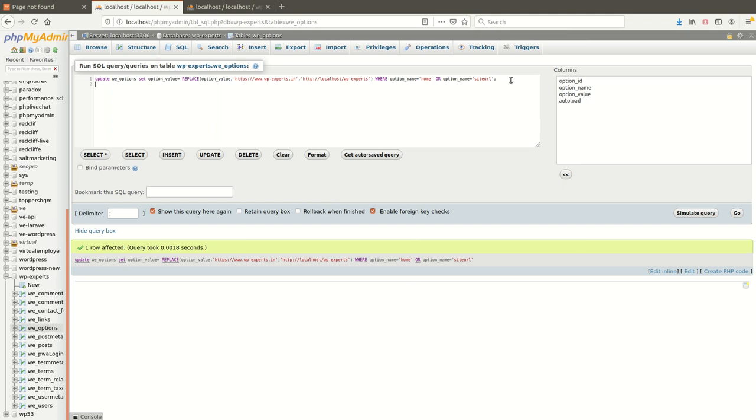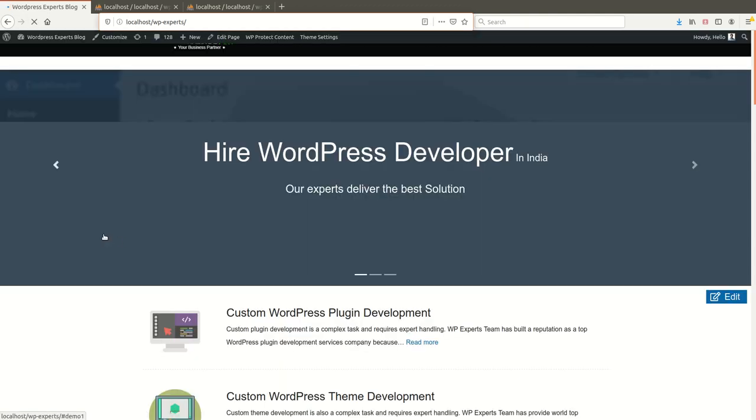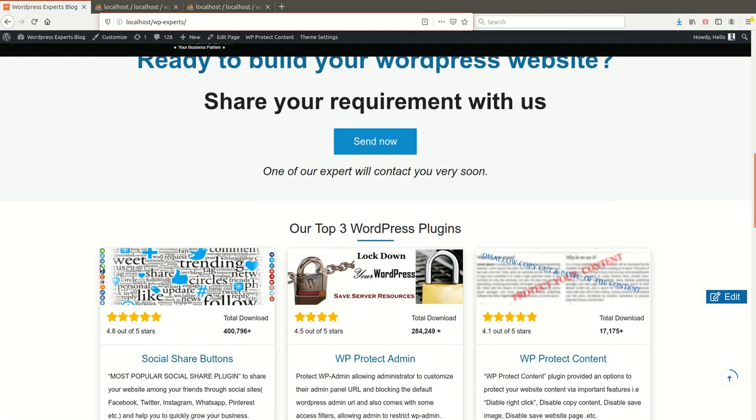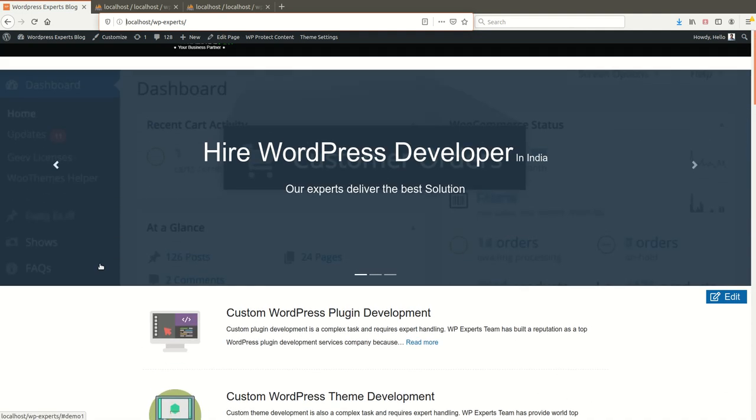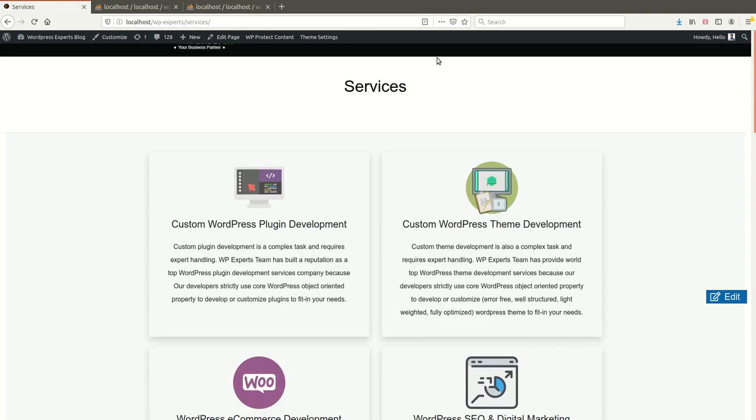Okay, so now you can see the 404 is removed here. Yeah, the 404 is gone. But still the inner pages are not working here. Maybe some images are not coming, and there might be some other issues as well.